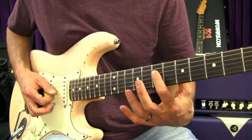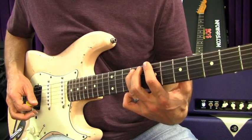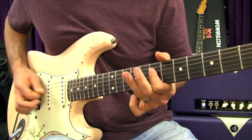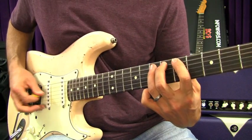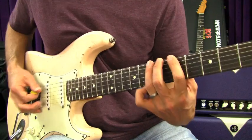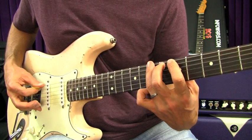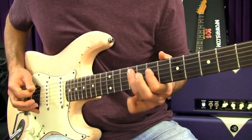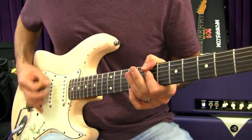So that's gonna hit the 7th fret on the D, 9th fret, and slide down and pull off to 5. So we got. So that's 1, 2, off, and that's on the 7th fret. So in context, that's